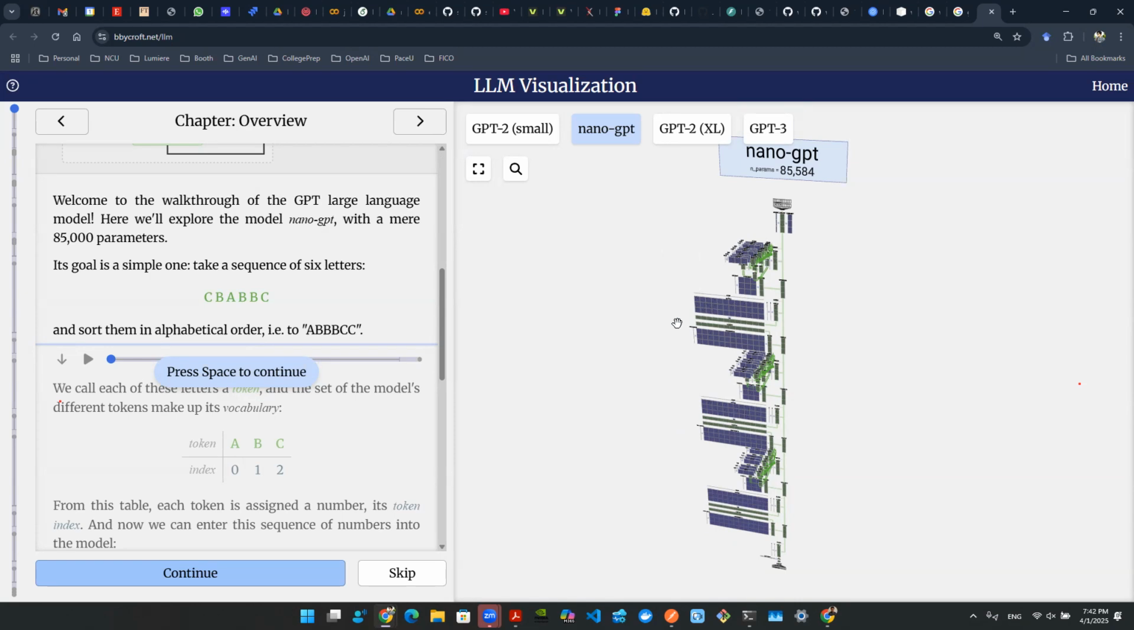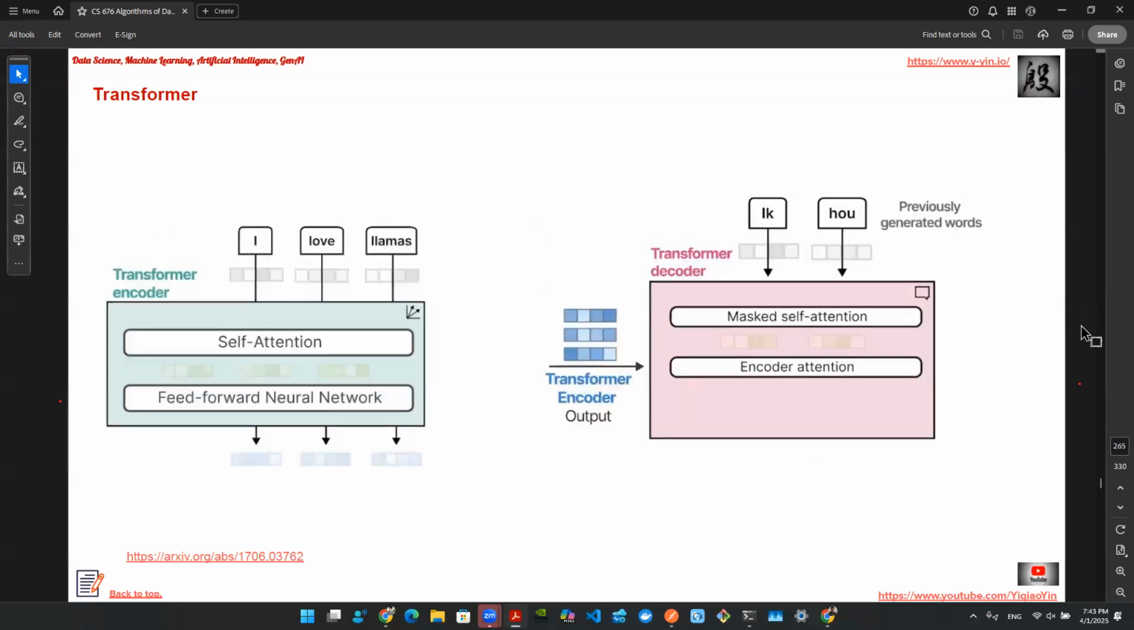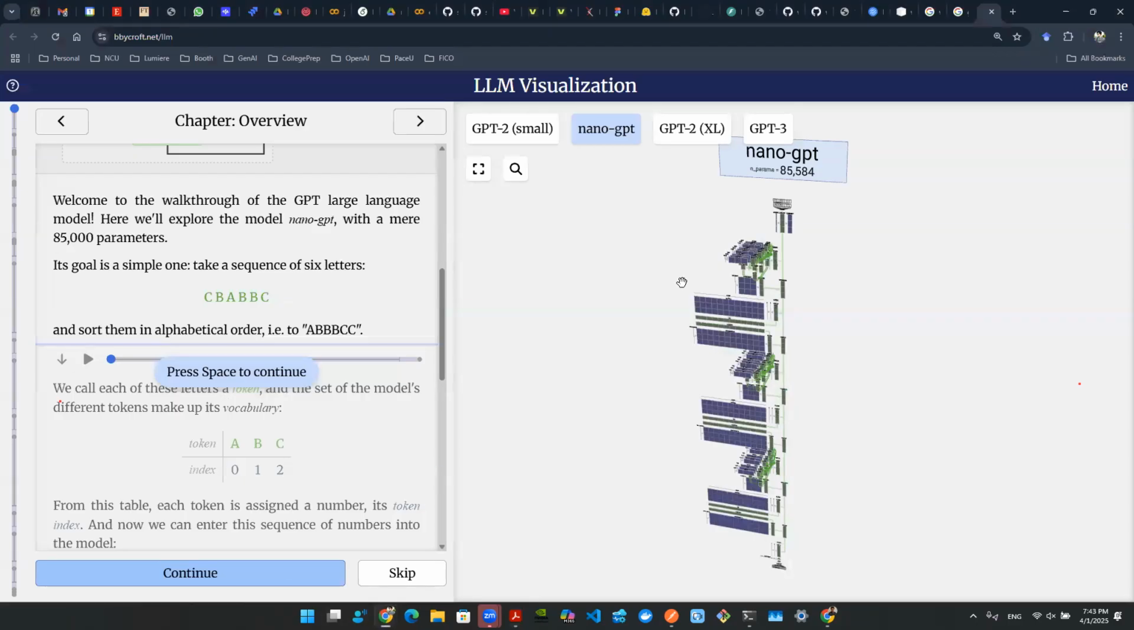Sure, I know the math here is a matrix. You just do a matrix multiplication. Fine, that's not what they're arguing about. They're arguing about the semantics. For example, let's say this is my sentence: I love llamas, right? How do you go from the token of love to the next word, the token of llama? And why does that matrix have to work that way? That much is still not very clear